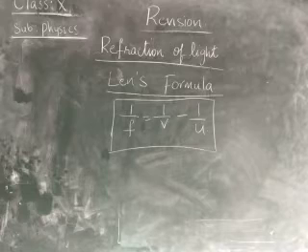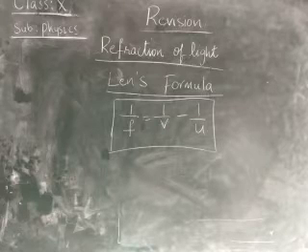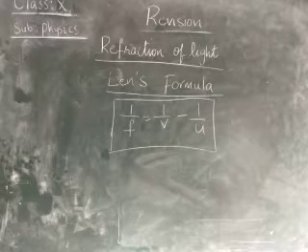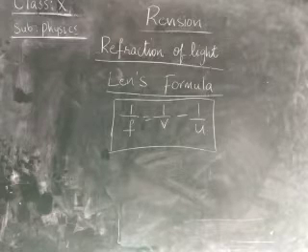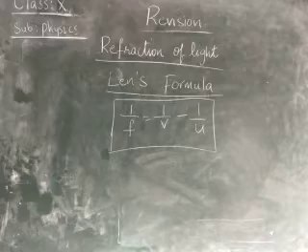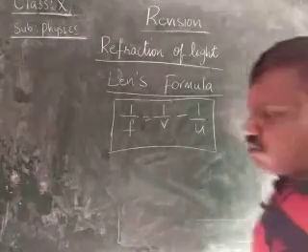Here, f is the focal length, v is the image distance, and u is the objective distance. Okay, children. 1 by f is equals to 1 by v minus 1 by u. And in the same way, next, when we solve the problems,